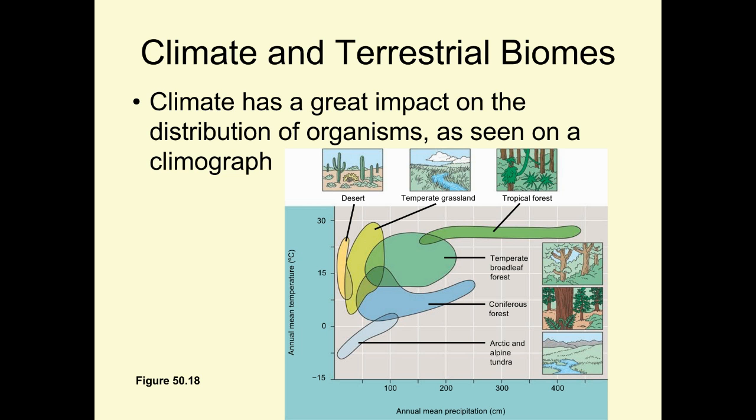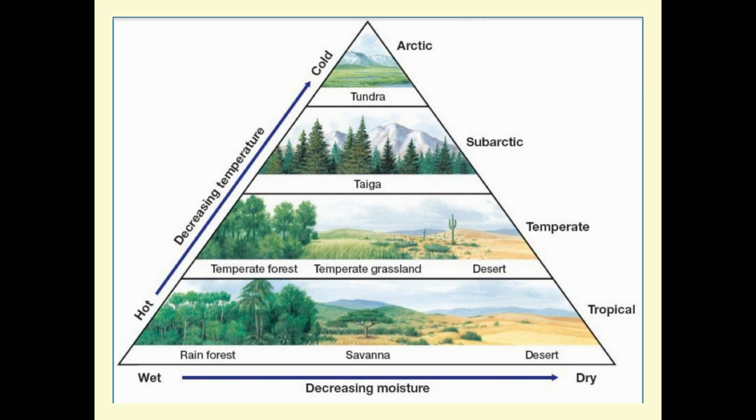And then you get down into Arctic tundras. We have cold temperatures, low precipitation, and coniferous forests, temperate forests. You can see how they're spaced out. This graph and this graph are really doing the same thing. This one's a little bit clearer to see the trends. So they're showing the same thing. Here we're looking at moisture, so decreasing moisture. Here we're looking at temperature. You can see rainforests and deserts. If we were to split the temperatures, it wouldn't tell us much. We wouldn't be able to really differentiate between the two because they both have fairly warm temperatures. What differentiates the rainforest and the deserts is really the amount of moisture in the environment.